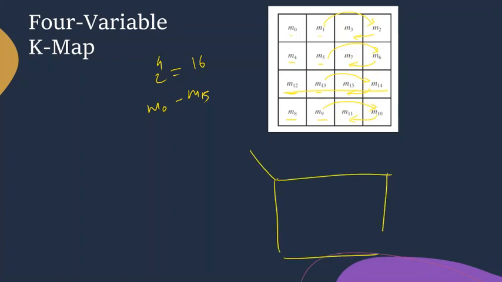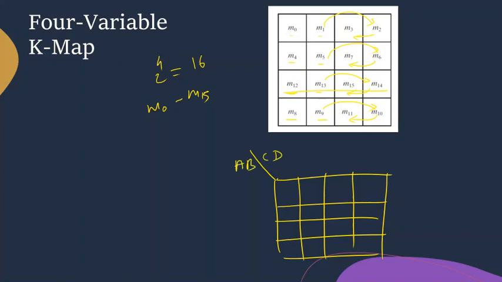Make the 16 boxes. Okay, total 16 boxes. Two variables will come on this side. Let's say these variables are A, B. The other two variables are C, D, and A, B will have a total of four possibilities: 0 0, 0 1, 1 0, and 1 1. I will write it here 0 0, 0 1. But instead of writing 1 0 in this place, I will skip this row and I will go here 1 0. And then I will come back and write the 1 1. Okay. Similarly, I will do the same for CD. Now CD 0 0, 0 1. Skip this column, go to here 1 0, and last 1 1.